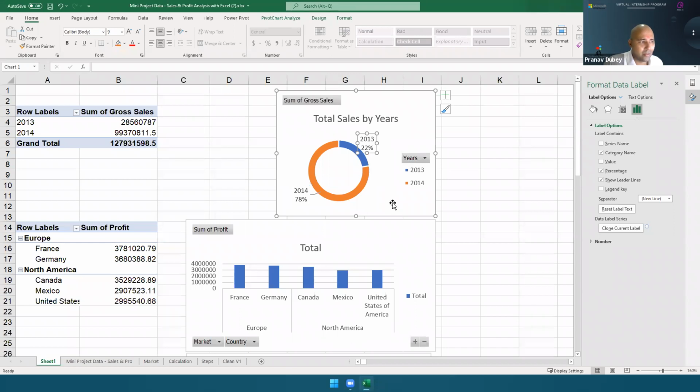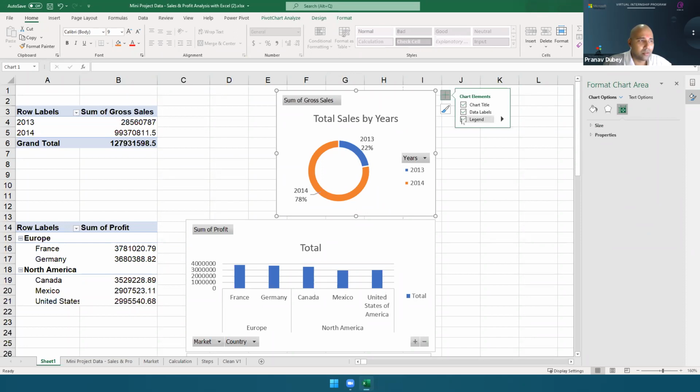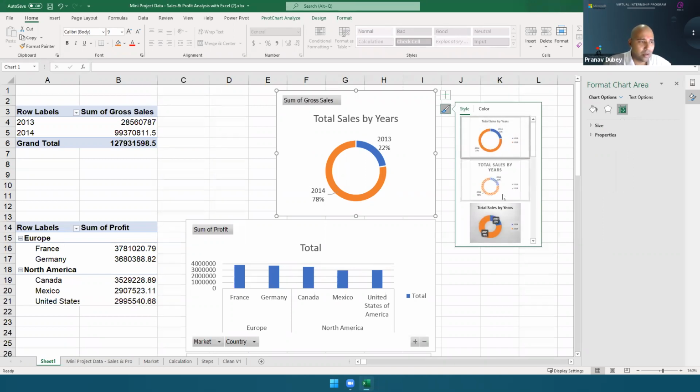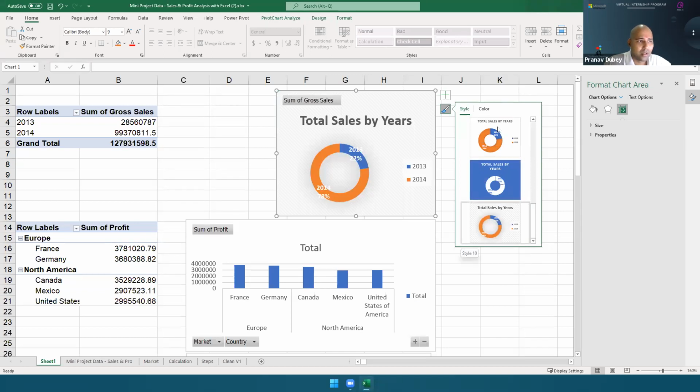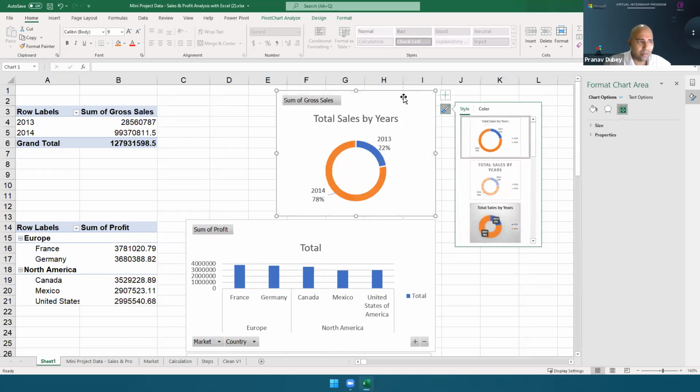Now, since I'm giving the year name as well as the percentage, I actually do not need to show this legend. So I will remove the legend so that my graph will look a little bigger. And if you want to change some data or do some formatting, you can get this done from here. For now, I will not do the formatting. I will leave it up to you to use your creativity and make the changes.